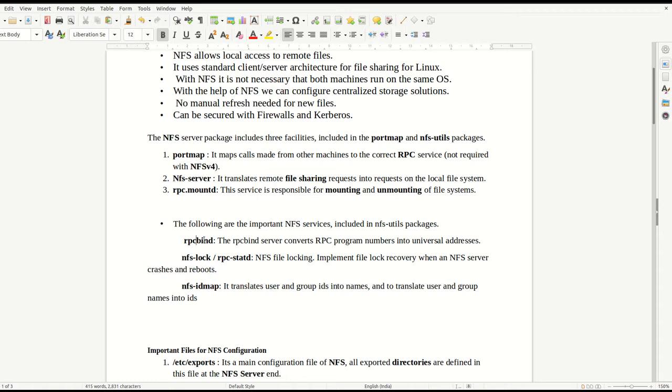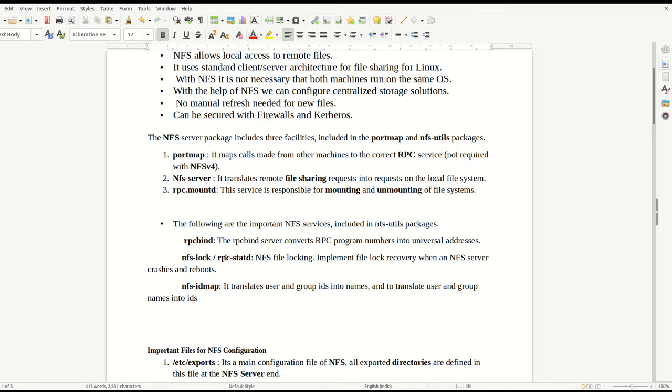For example, if a program is running on another server, through RPC remote procedure call services you can call that program from your server. That is RPC based services.